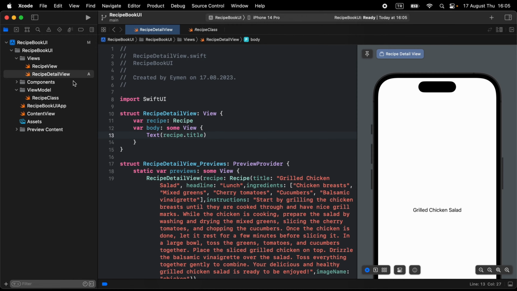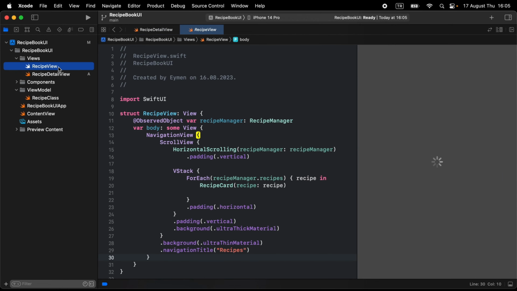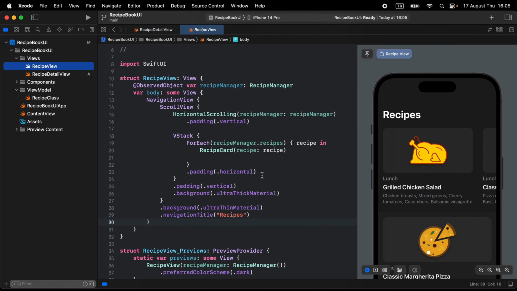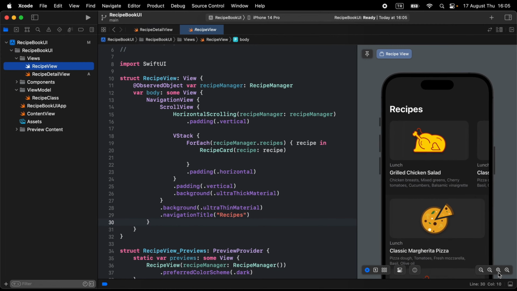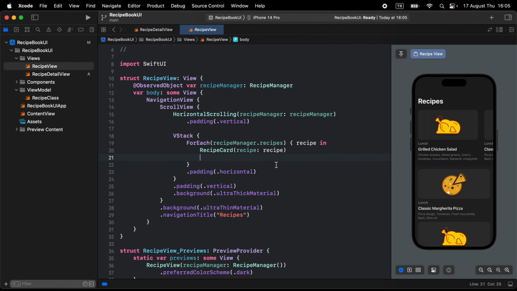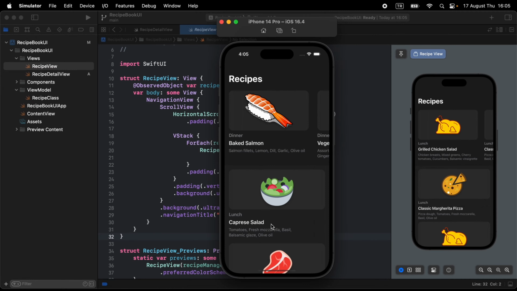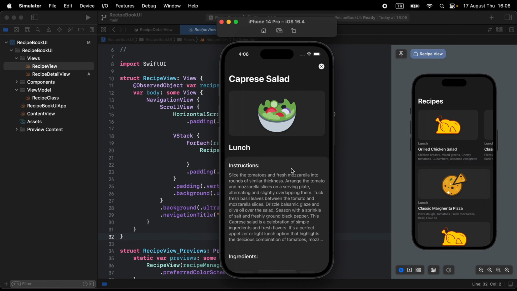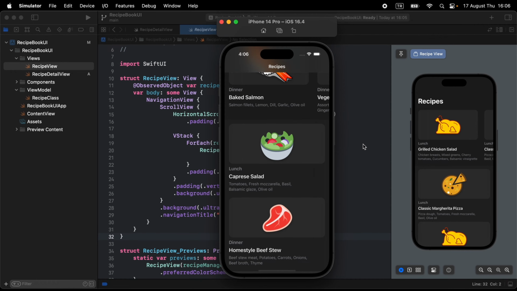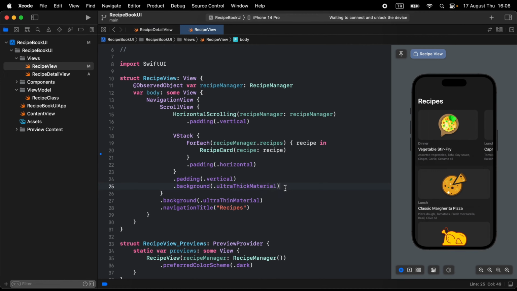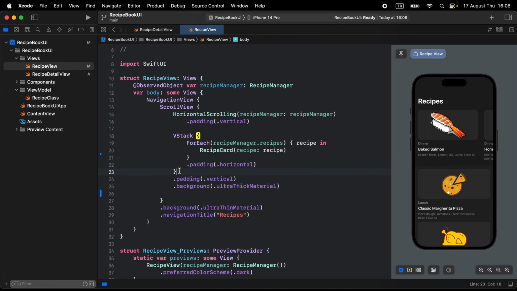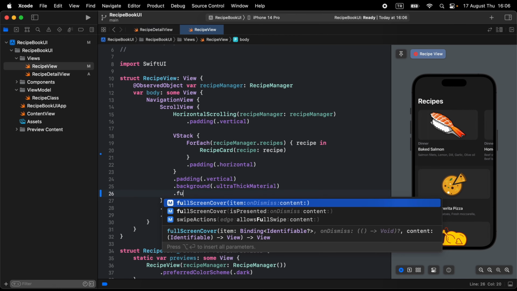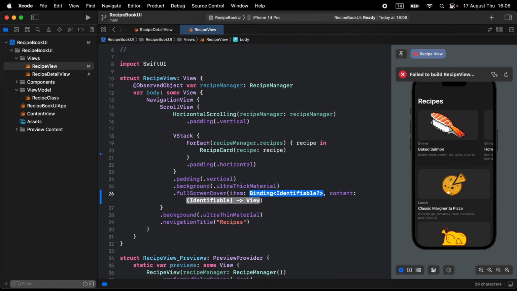That's great. So before redesigning the recipe detail view, let's make the ForEach display the recipe in detail view when we click on one of the recipes. I don't use NavigationLink in this case. I prefer to use fullScreenCover to display the detail of the items. Like in this example, when I click on one of the recipes, I just show the recipe detail from a full screen cover, not NavigationLink. For displaying the full screen cover, under background ultra thin material, under this VStack, write .fullScreenCover,